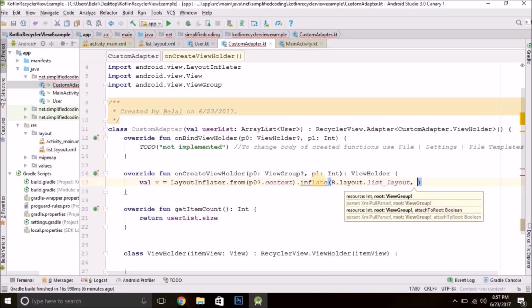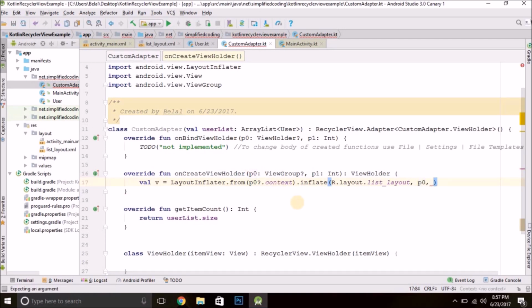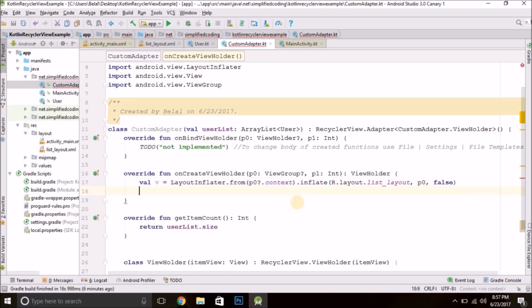Now the second parameter would be the view group, so we have p0, and then the third parameter is attachToRoot, and we can pass false to it. So we have the view. Now we will return the view holder, so we will write return ViewHolder and we will pass this view.